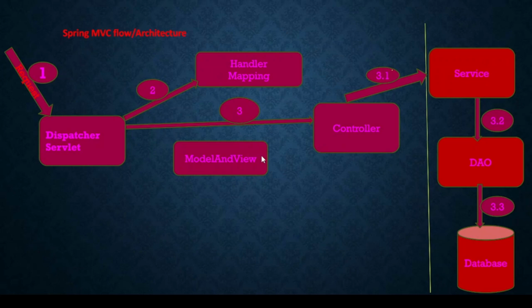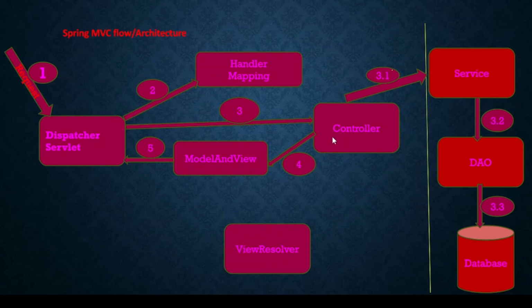Then what will it do? This is the fourth step. As part of the fifth step, once the dispatcher servlet gets the model and view object, from the model and view, the dispatcher servlet, with the help of the view resolver,